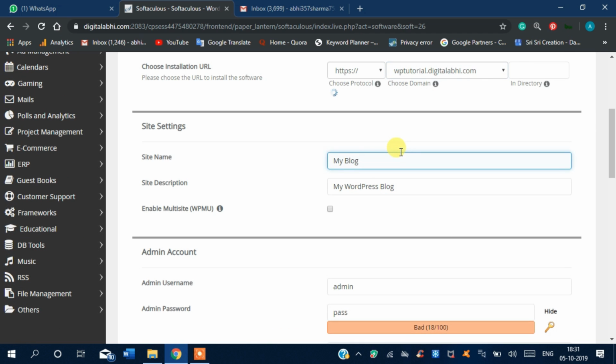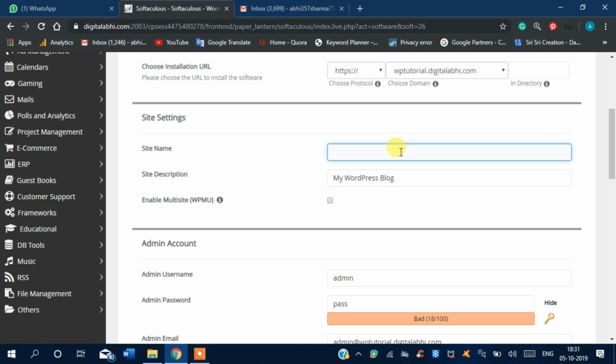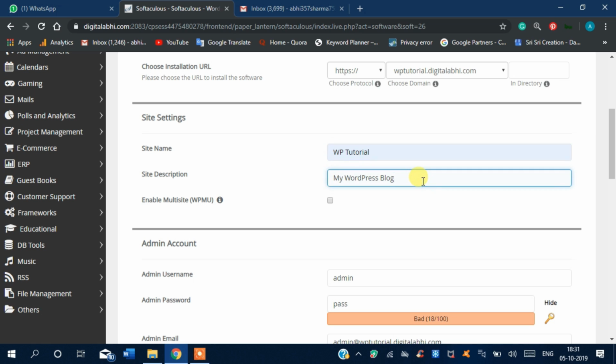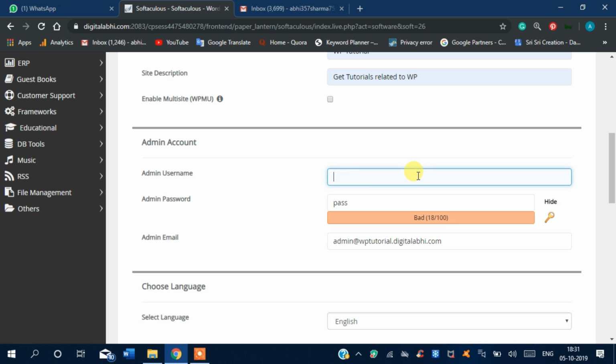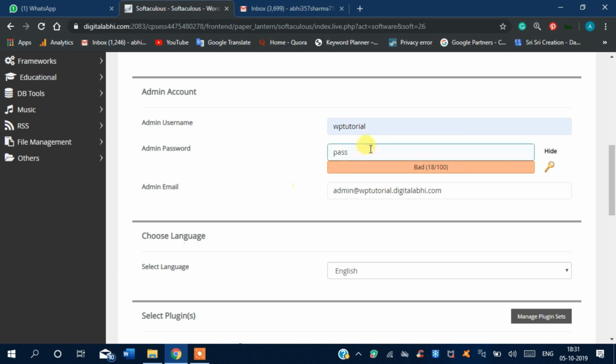Now we'll put the site name here, let's say WP tutorial, and a description, let's say get tutorials related to WP. Don't touch any of these. Here we will put a username, let's say WP tutorial, and a password. Let the password be pass for the current time, I will change it later.